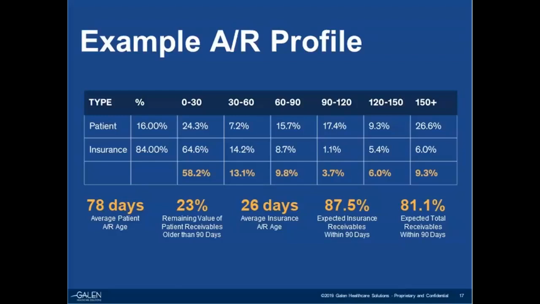But the big number here to focus on, and the one that's really important, and the one that you should have available to you when you're making these decisions, is that last segment there in the bottom right-hand corner. The 81% of all of the money you can expect to realize from your AR happens within 90 days. So you cannot look at an existing AR profile in a system, for example, we run into a lot of customers that have